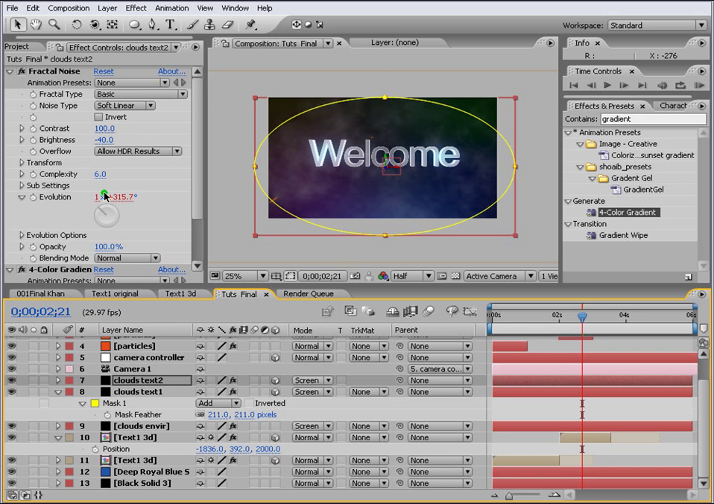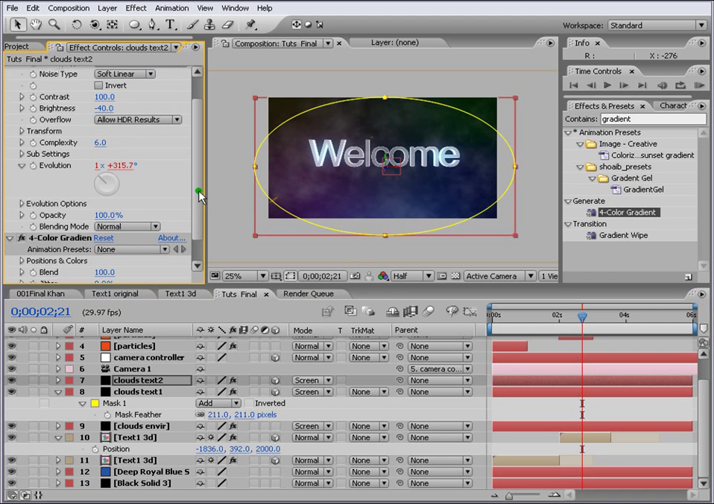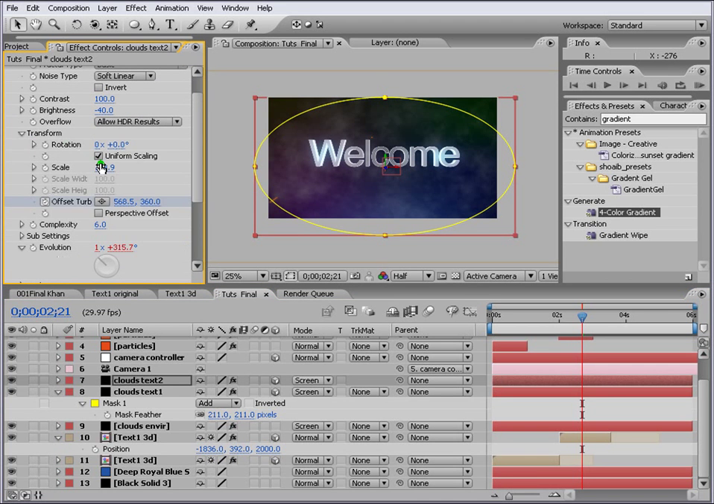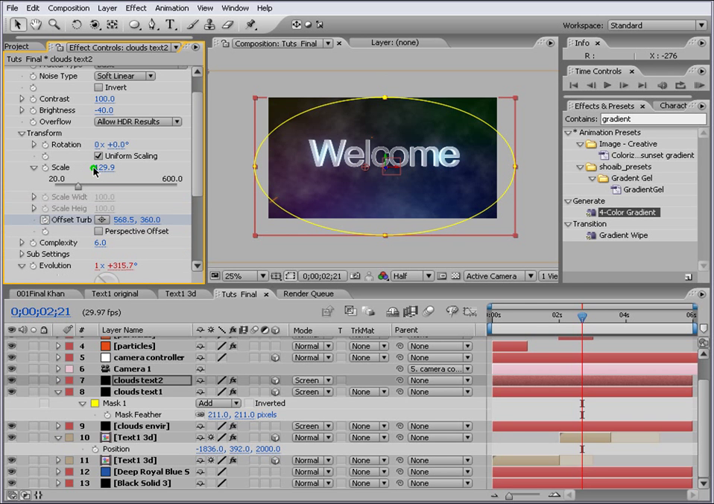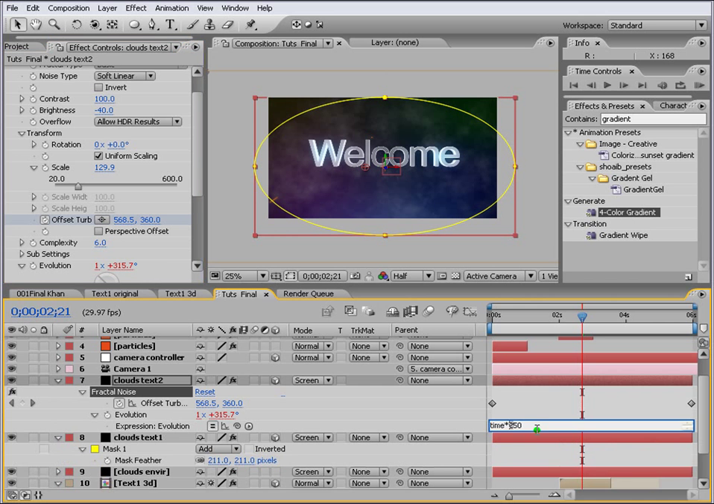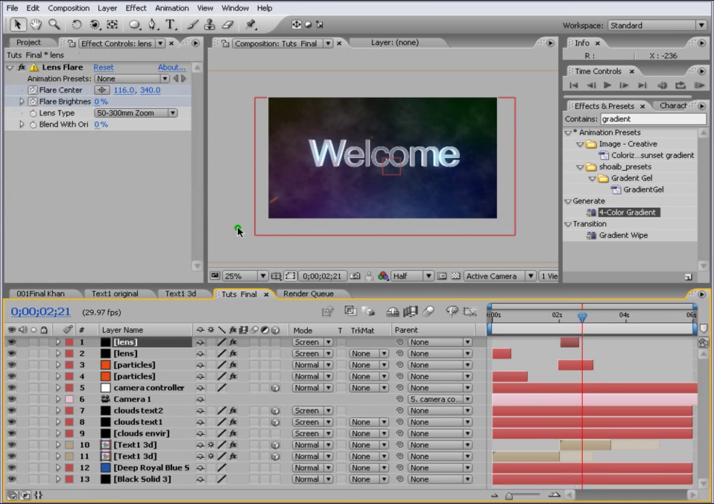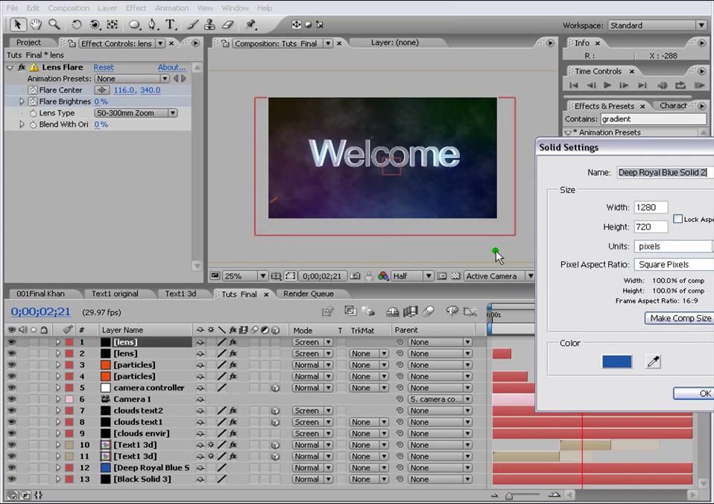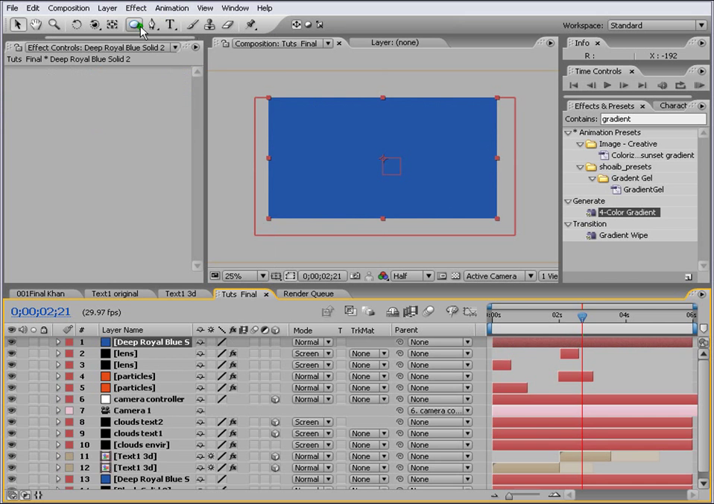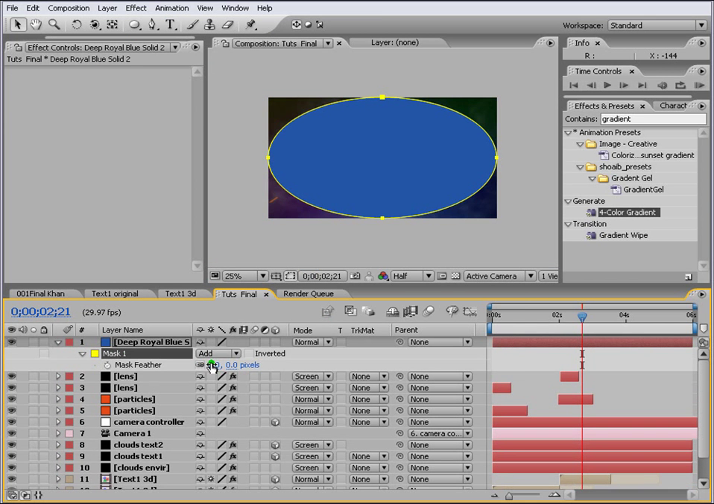So also we just change the size a little bit so that it looks different from the other one. Transform and change the scale, make it smaller. And also the evolution to 350. So one more thing I did was I added a vignette: layer, new, solid, and again F on your keyboard,